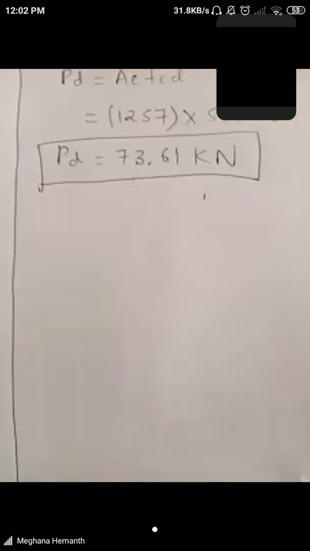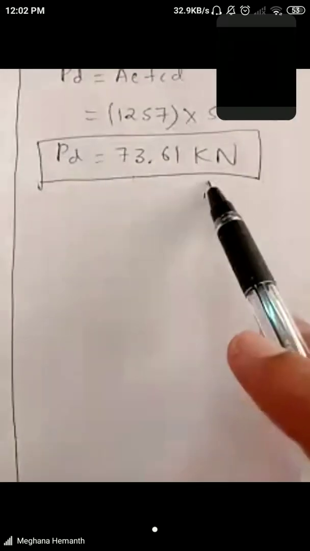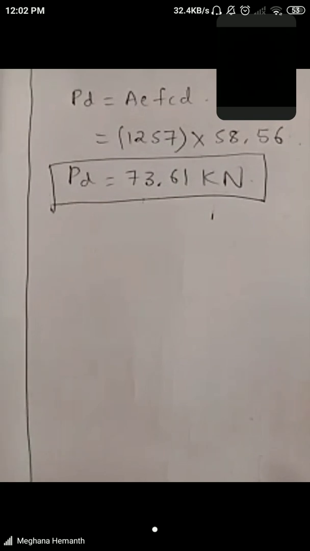If your answer is varying, like for this you get the least value, some calculation error you have done, or whenever you are doing your interpolation, maybe you have gone wrong in your calculator. Please check that. It should be greatest for your welded connection, least value you should get for single bolt, and for more than one bolt you will get a value between these two. So that is how you have to compare.